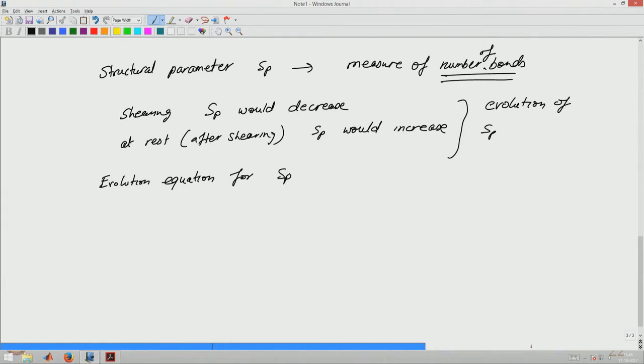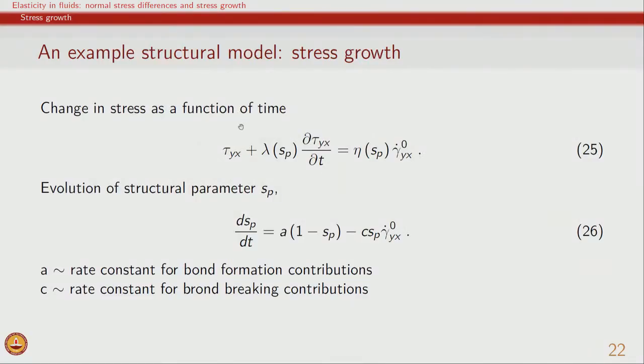And this needs to be combined with a hypothesis of how the number of bonds actually influence the material behavior. So, in the example that I am showing here, the Maxwell model itself is chosen to represent the overall material response. However, the Maxwell model parameters are assumed to be dependent on the number of bonds which are present. Given that the time scales of bond formation and breakage are very significantly influenced by shear, we have to make a hypothesis that under shearing